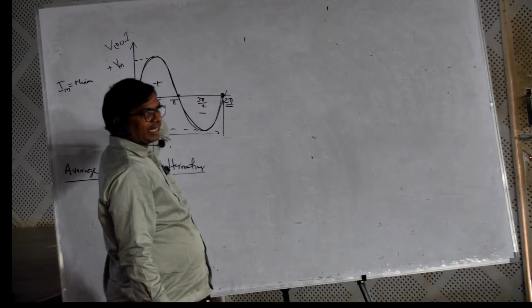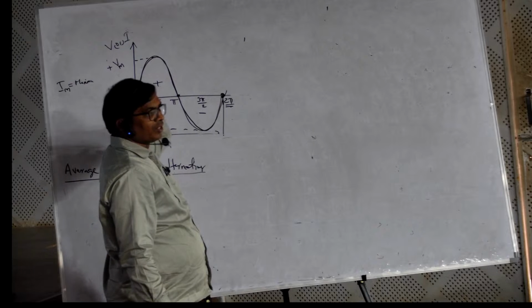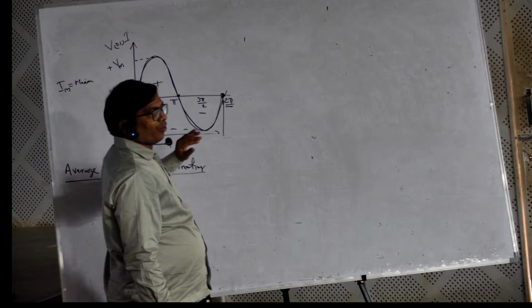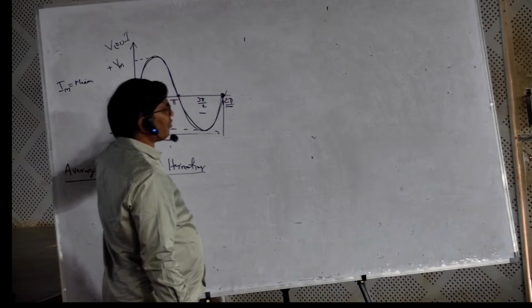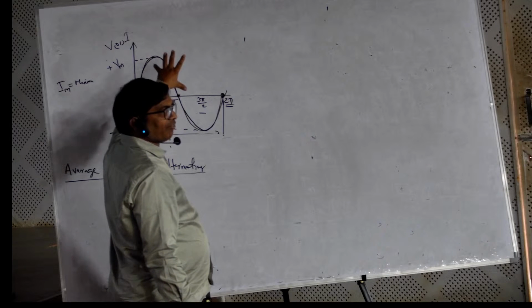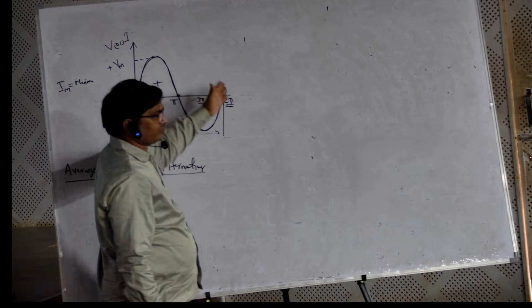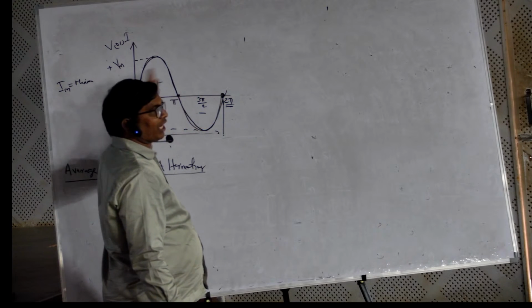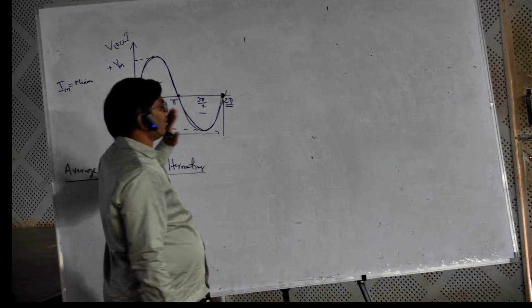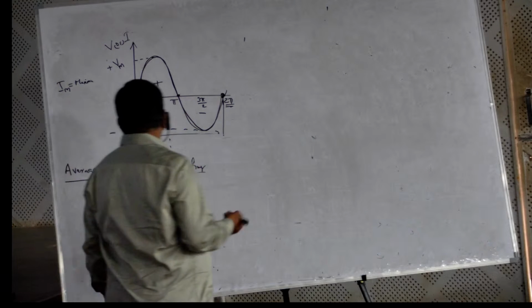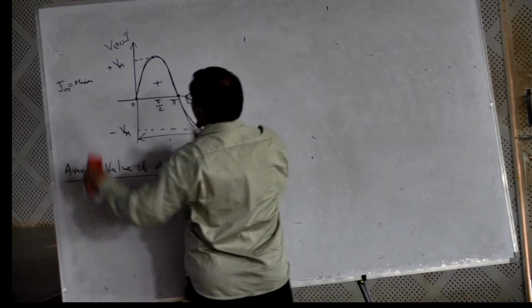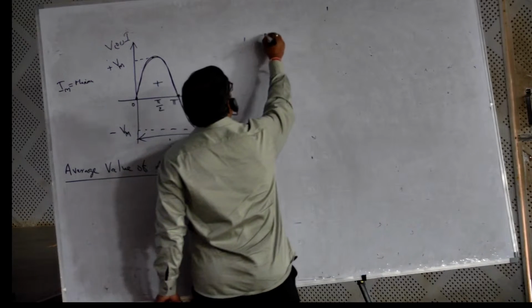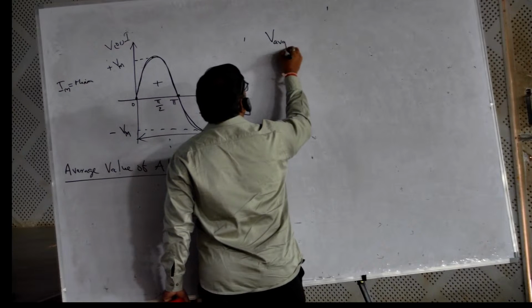Simple. For the area of the wave with respect to magnitude, we have to integrate from 0 to one cycle, divided by the total time period. Here I am writing generally, you can take V average or I average, same. V average is equal to the formula